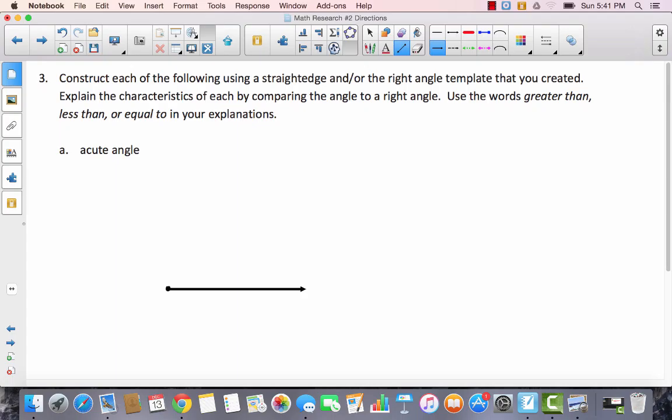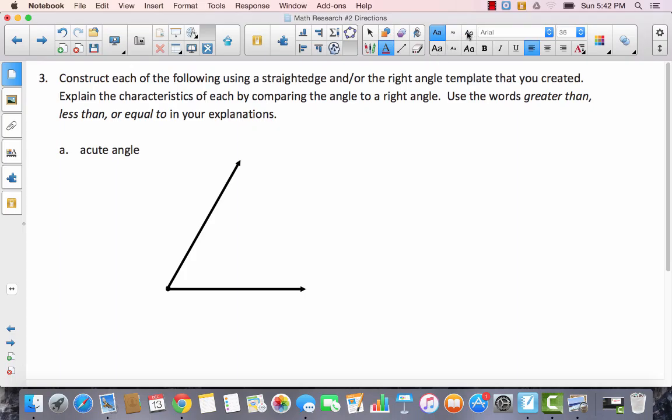Now, if it's going to be an acute angle, that means that this next ray has to be less than a right angle. So you can make it a very acute angle. You can make it a kind of acute angle. You can even make it almost a right angle, but it has to be less than a right angle. So now we've created it. Now we're going to use the words greater than, less than, or equal to as we are explaining the characteristics